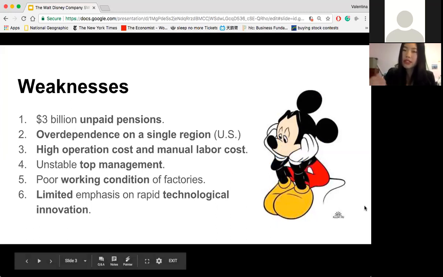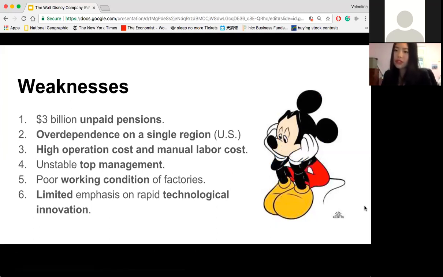About 77% of its revenue is from the US. This is a problem they're trying to solve: how do they balance out to generate more revenue in other regions around the world, because the market is huge. It's huge in Asia, with a lot of population, and in China there are so many people who go to Disney. So Disney is trying to figure out how to balance this dependence on every region and gain more revenue from other markets.